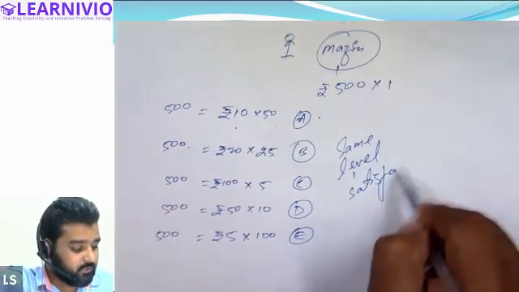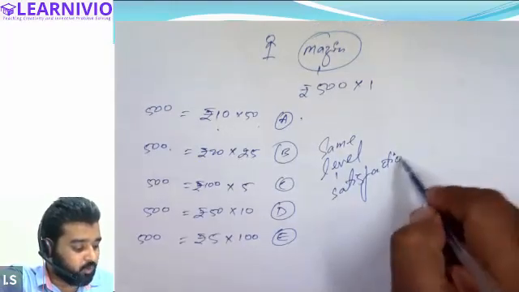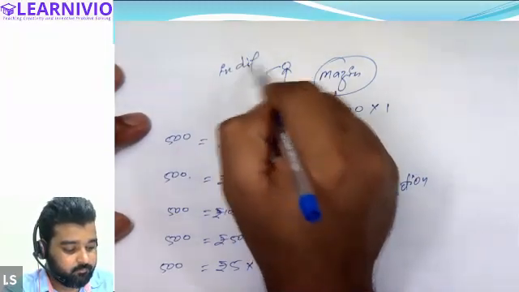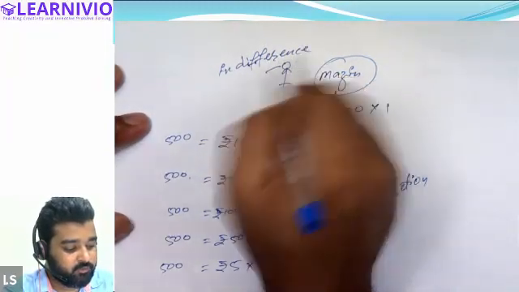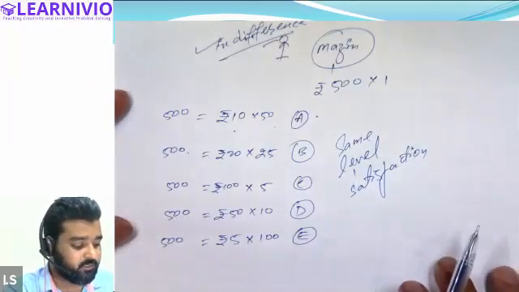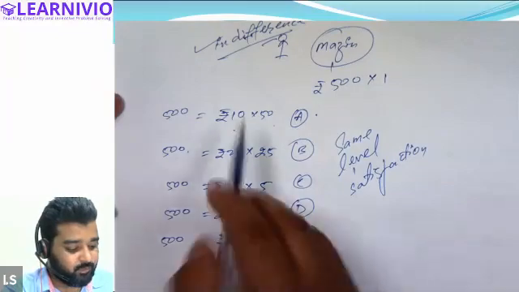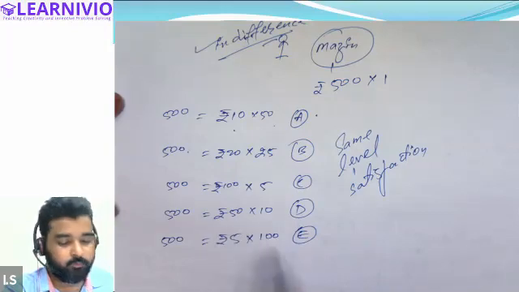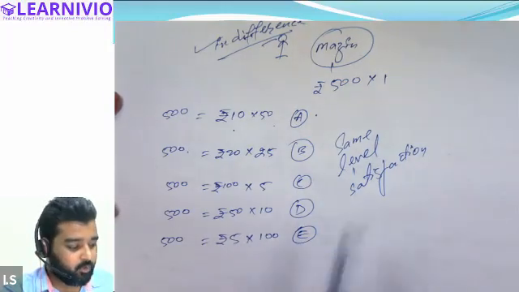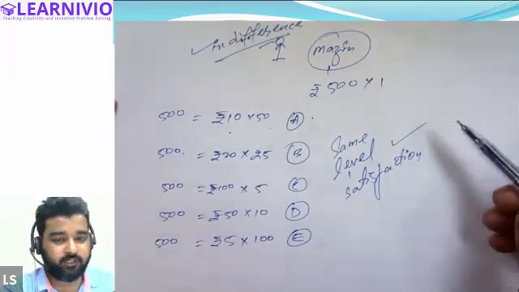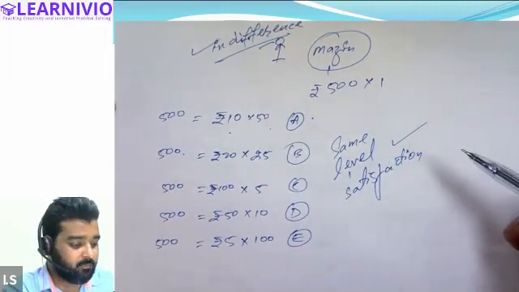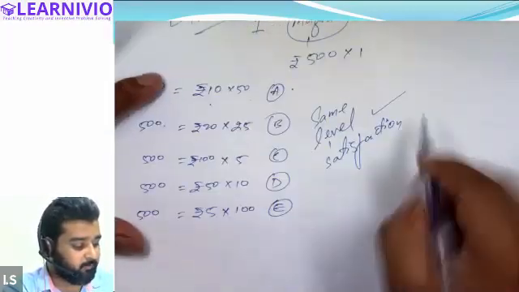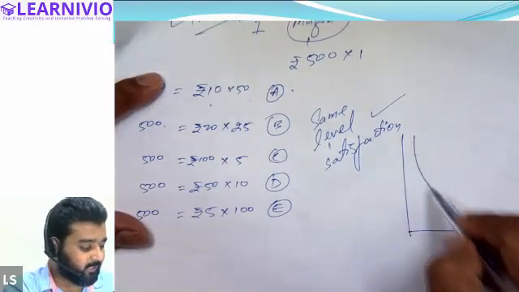So in this case, if I ask you to choose any of the combinations, you will say, sir, I am basically indifferent. It doesn't matter whether you return my money in combination A, B, C, D or E. Either you give me 50 notes of 10 rupees, 25 notes of 20 rupees, 5 notes of 100 rupees, 10 notes of 50 rupees, or 100 notes of 5 rupees. It doesn't matter, because I'm going to receive the same level of satisfaction in every combination. All right. Based on these combinations, suppose I have made a diagram something like this.